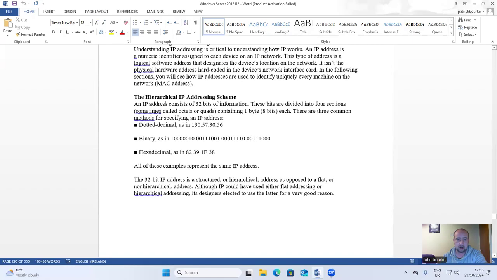MAC address. The hierarchical IP addressing scheme. An IP address consists of 32 bits of information. These bits are divided into 4 sections, sometimes called octets or quads, containing 1 byte, 8 bits each. There are 3 common methods for specifying an IP address: dotted decimal, as in 130.57.30.56, binary, as in 1000